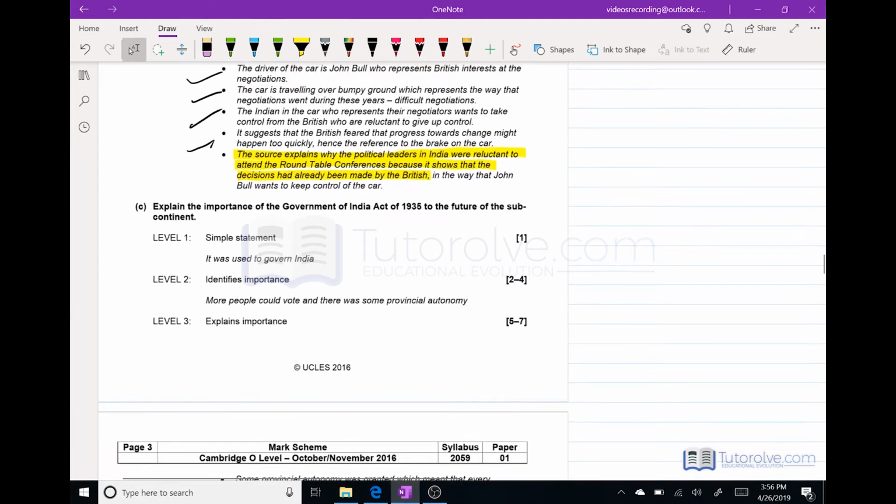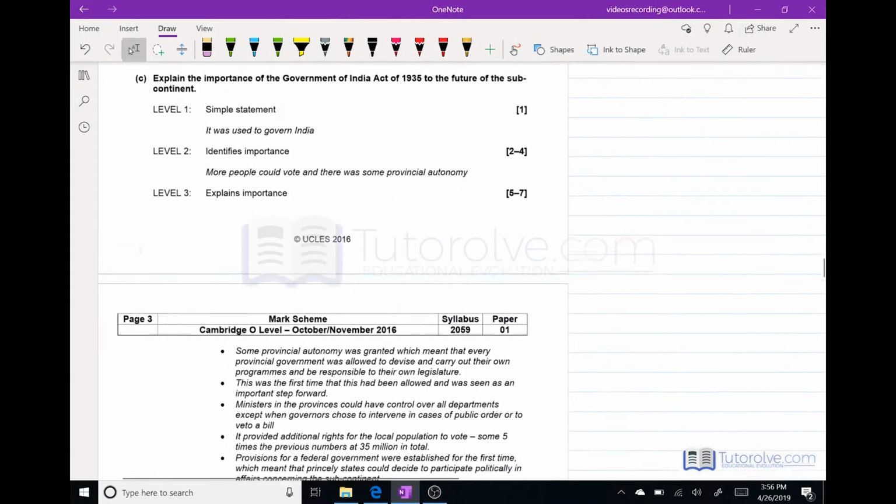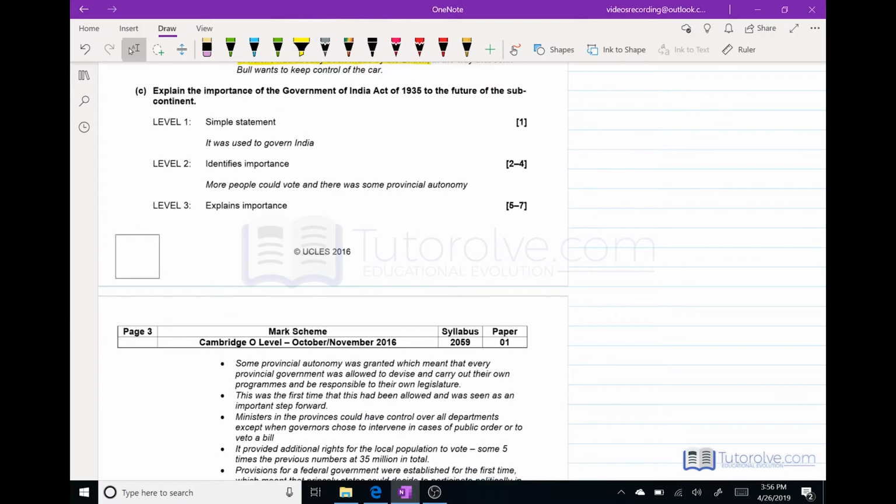So part C. Explain the importance of the Government of India Act in 1935 to the future of the subcontinent. Now it's a 7 mark question. So according to the first level, the minimum basic level is just by stating the fact that it was used to govern India and more people could vote and there was provincial autonomy. So it was kind of like giving some sort of independence or semblance of autonomy to the provinces within the